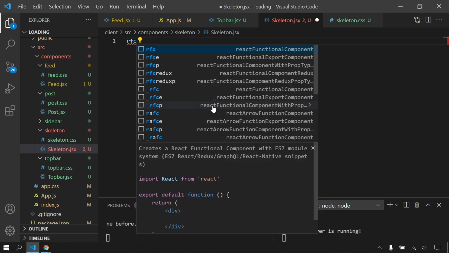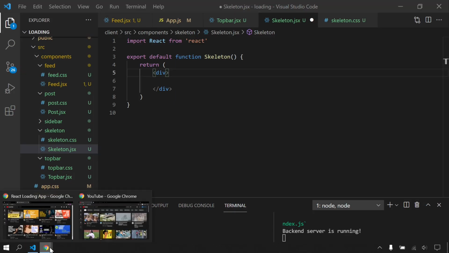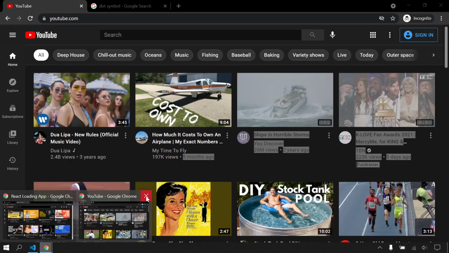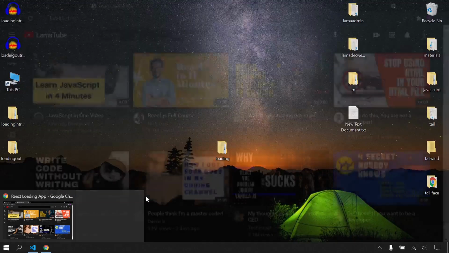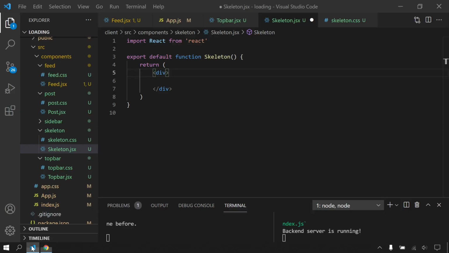This time let's say RFC, doesn't matter. And here let's create our post skeleton. But it's not gonna be only post. For example, let's close this other YouTube. It's exactly the same thing. There will be our post skeleton for this menu and for this right menu on the top. So there will be 3 kinds of skeleton animation.